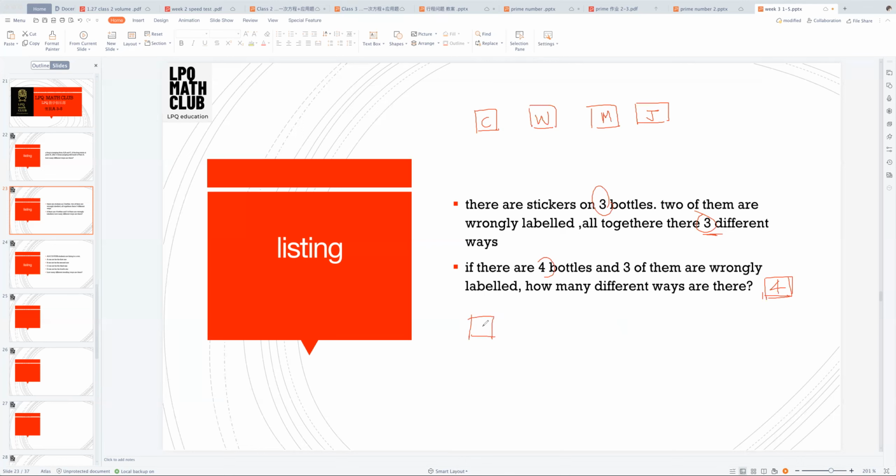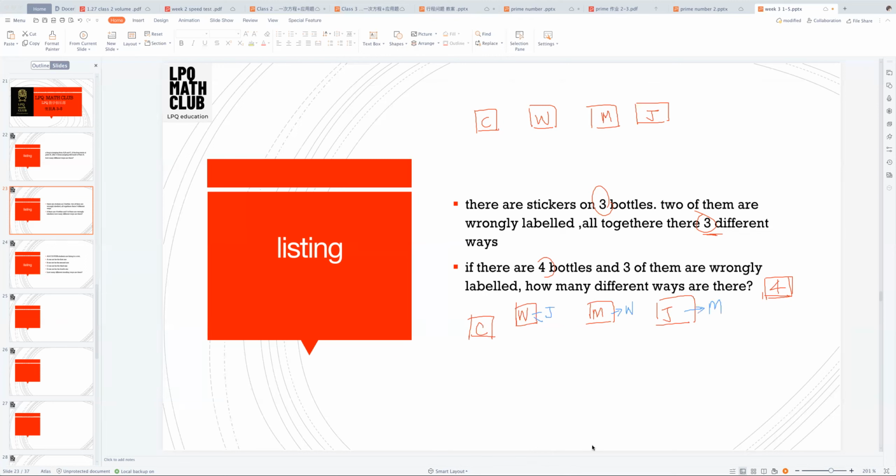So 3 of them are wrongly labeled. Let's just say the first one, Coke, is rightly labeled. Okay, so that means water, milk and juice have been wrongly labeled. If you take a look at this one, water could be what? Water could be wrongly labeled as juice, and milk could be wrongly labeled as water, and juice could be wrongly labeled